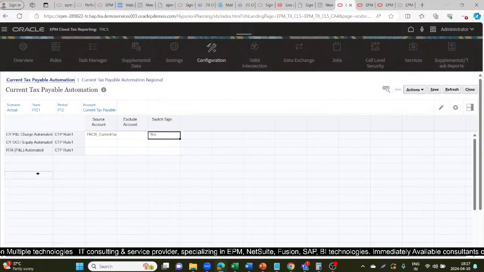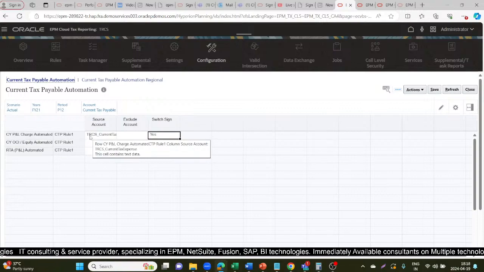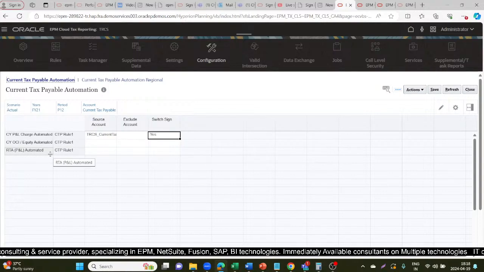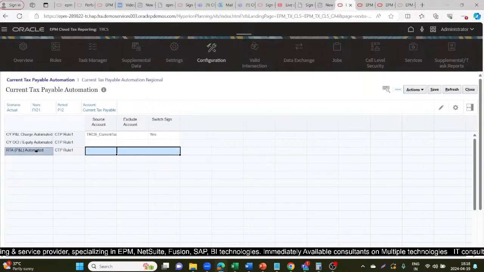We can also automate the current year equity automated amounts. Some of the taxes which are routed through equity OCI rather than P&L can be automated as well. And we can also automate any additional charges for the taxes during the current period which are returned to accrual charges. Then we can have certain other options as well,